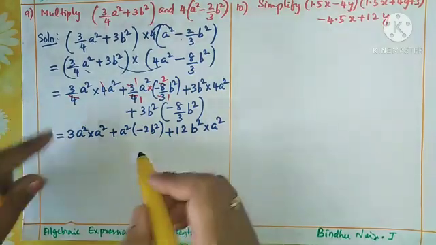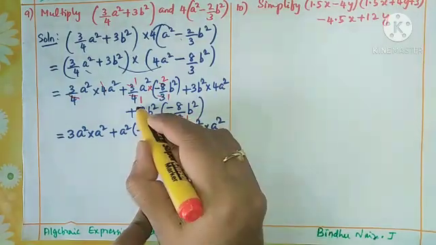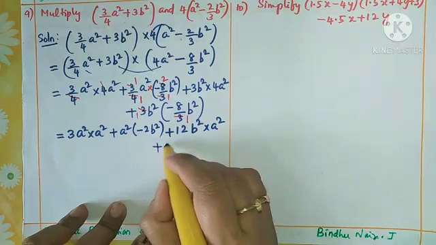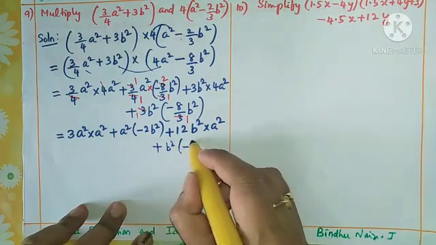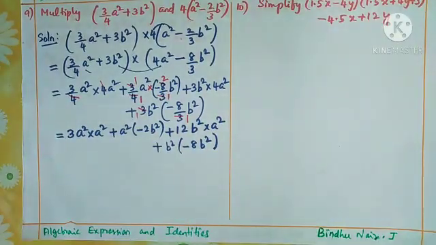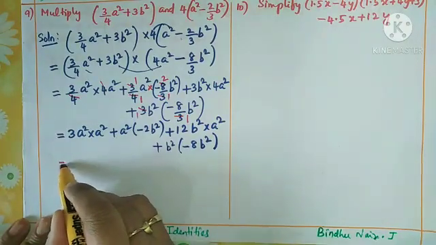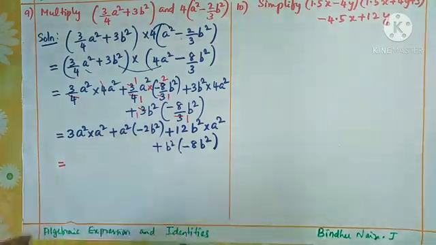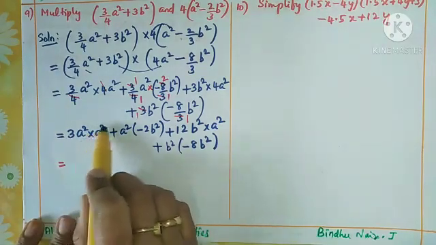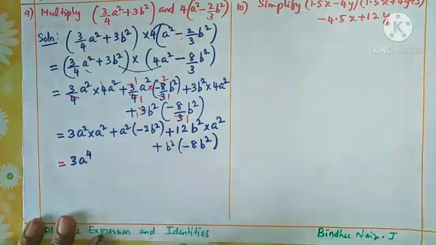Now come to the last term. Yes, here also you can see, here this 3, 1 3 is 3, this 3, 1 3 is 3, cancelled. So what is the remaining? Plus B square into minus 8B square. Yes, so we simplified. Now we need to collect all the numbers now. So this is equal to 3A square into A square. What is that? A square into A square. Like variables, you want to add the powers. So 3, 2 plus 2, that is 3A raised to 4.